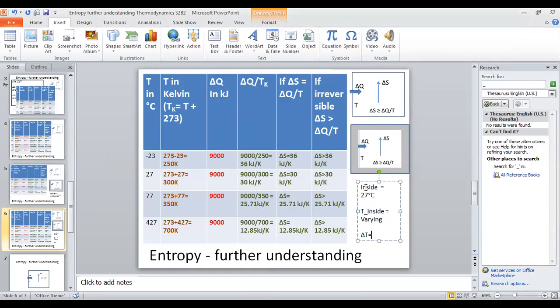T outside minus T inside. So delta T is T outside